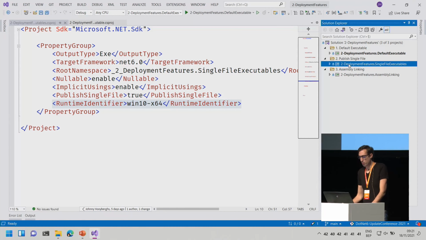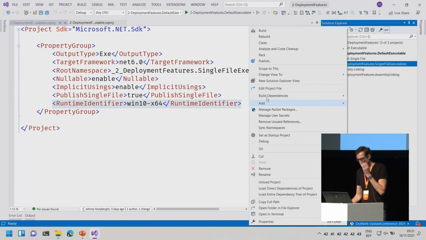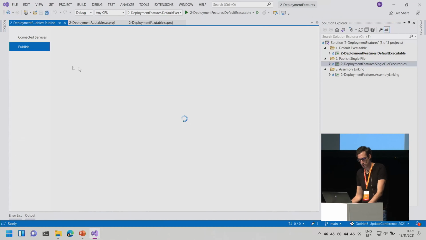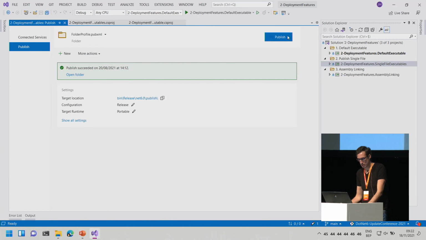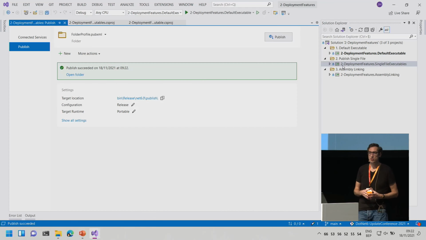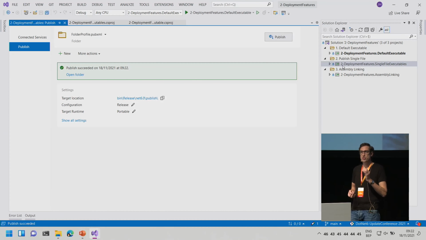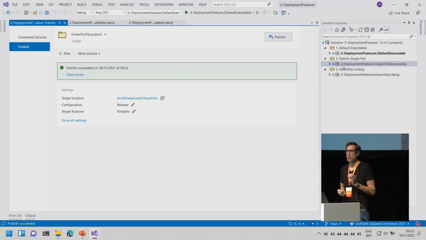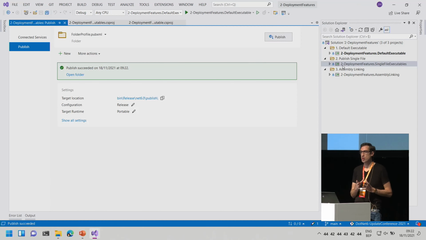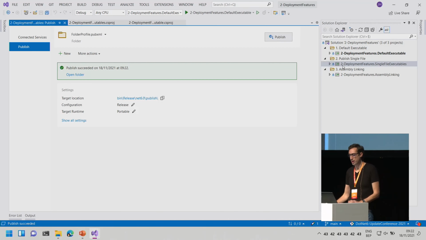And this means that when you publish your application, so let's very quickly do that, it will generate everything that is necessary to run your application. The user does not need to install a .NET runtime. They can just have a fresh install of Windows, nothing else, and your application will run without an issue.